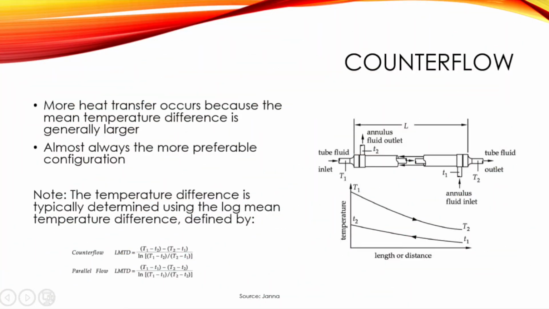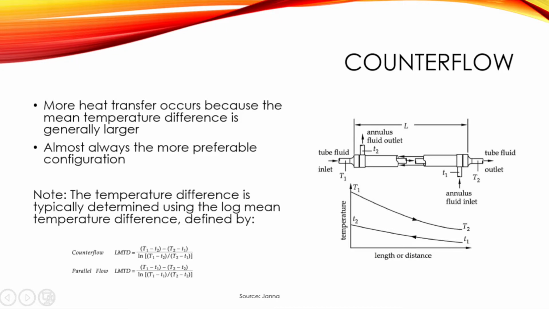What is counterflow? Also known as counter-current flow, counterflow means that the double pipe heat exchanger configuration is set up such that the flow through the inner tube and the annulus are in different directions. In this configuration, the temperature difference, calculated below as the log mean temperature difference, or LMTD, is larger than in